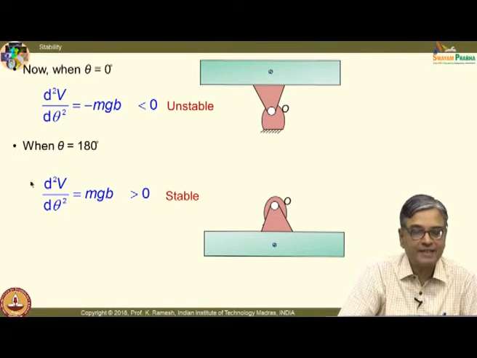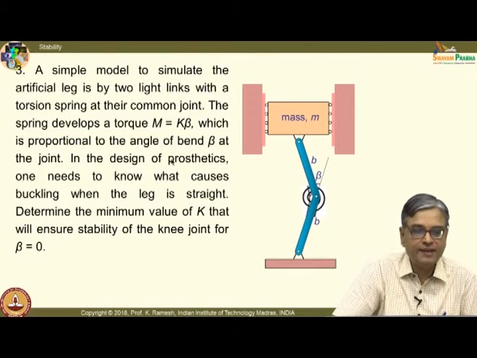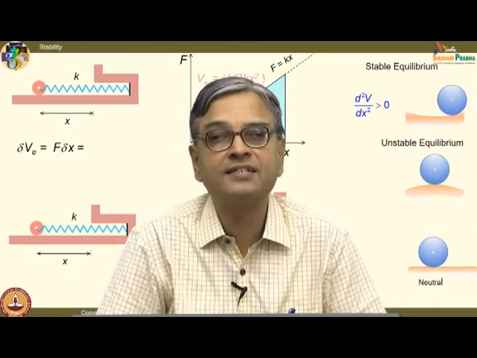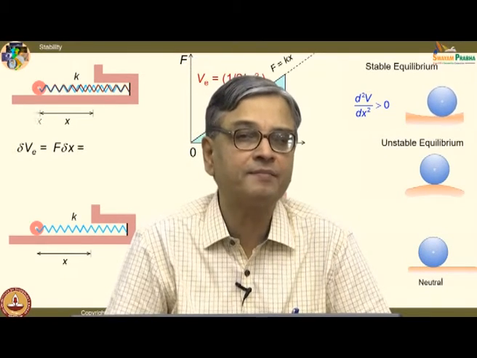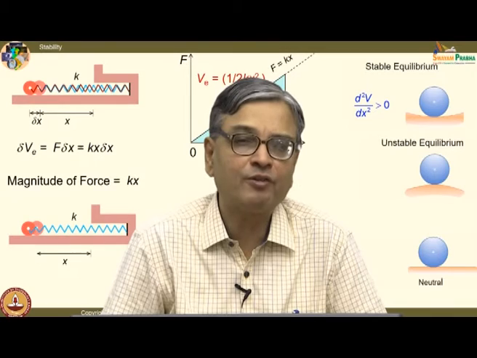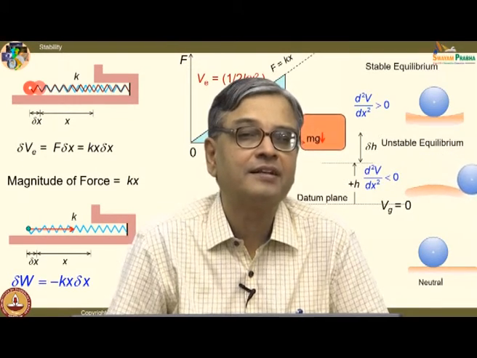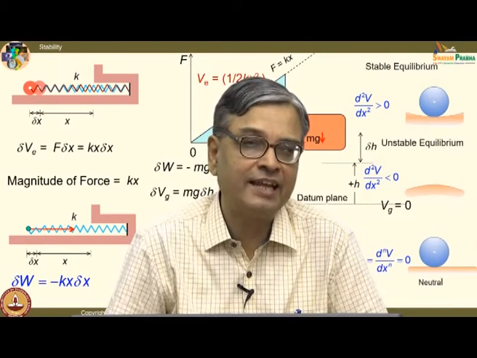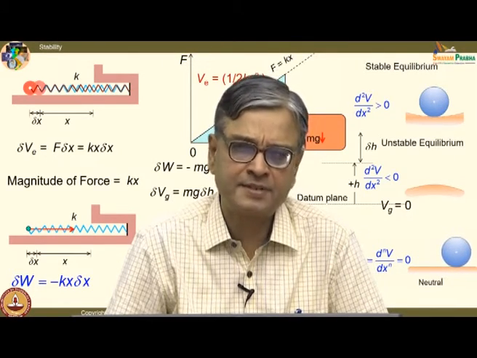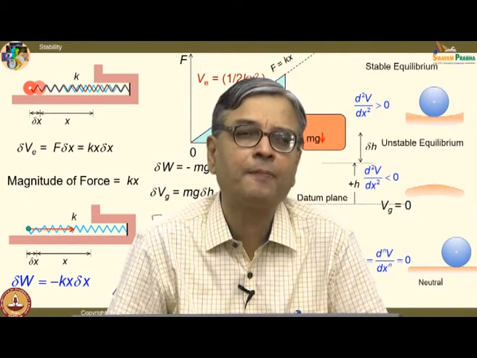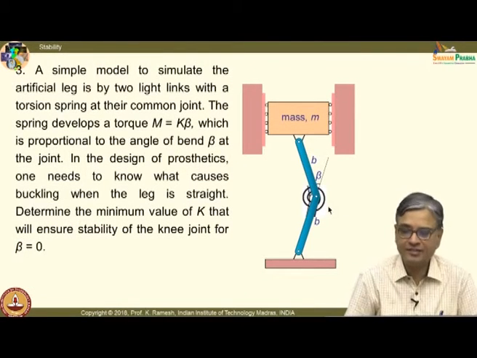So, this problem is fairly simple and straightforward. Then we move on to another interesting problem. You make a neat sketch of this. See, these days prosthetics design is becoming very prominent, mainly because of our own making, because we have a lot of avenues for people to get involved in accidents and they lose their limbs, and you need to have some kind of prosthetic support. And this is a very interesting problem.